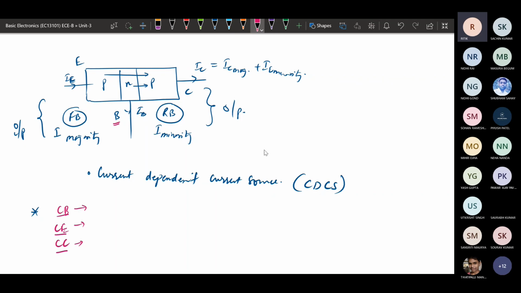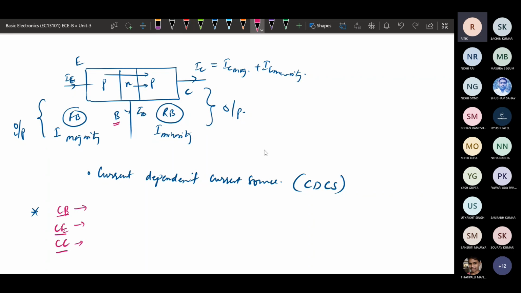We will next see in the common base case how the transistor behaves in active mode, and then similarly the common emitter and common collector. So there are three different configurations of BJT based on the biasing of the different terminals and which terminal is common to the input and output sides.